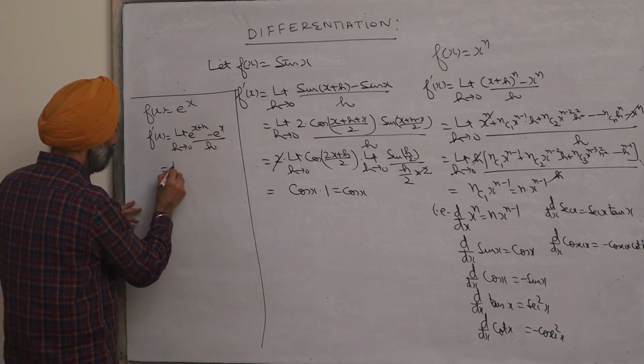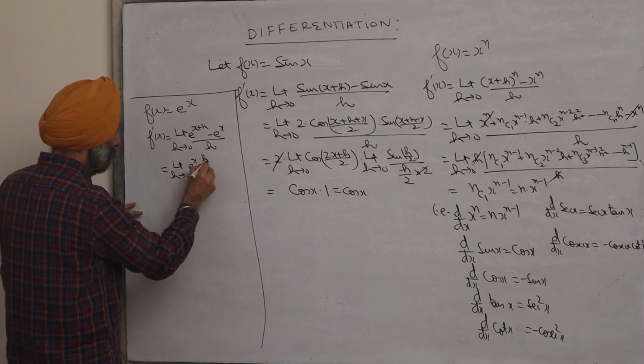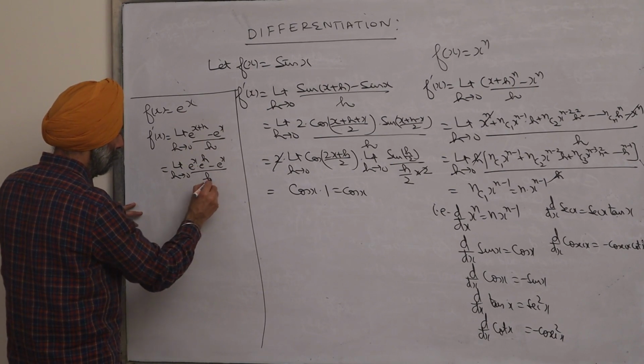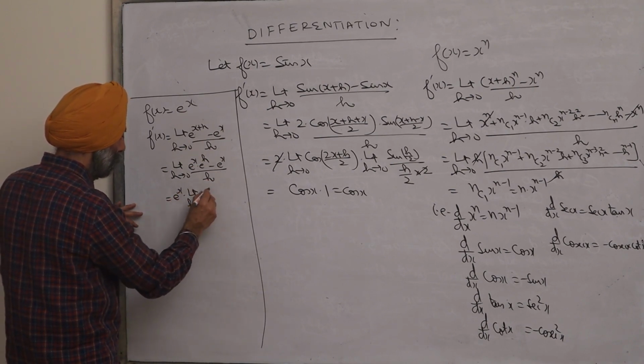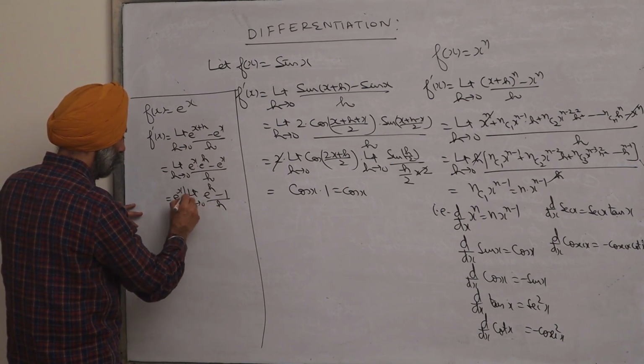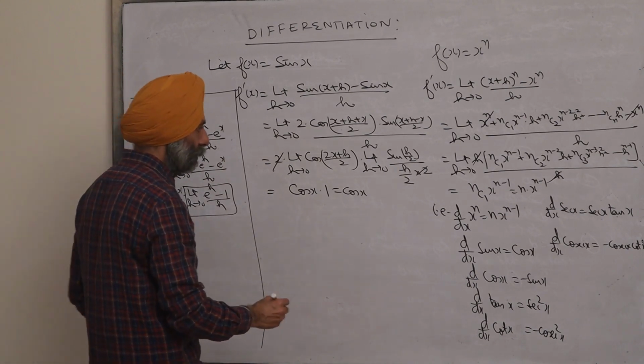So this can be written as limit h approaches 0, e^x times e^h minus e^x, upon h. This is e^x times limit h approaches 0, (e^h minus 1) over h. Because this limit is equal to 1, this is equal to e^x. So that is why